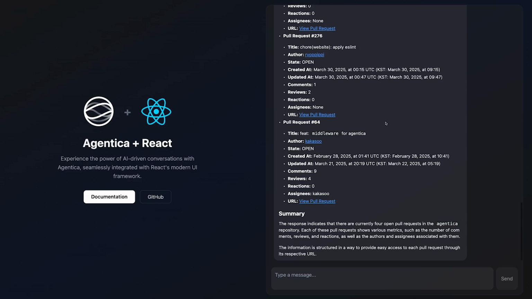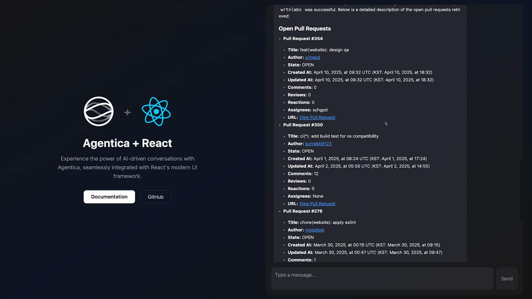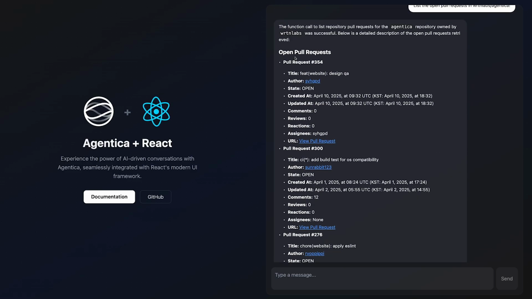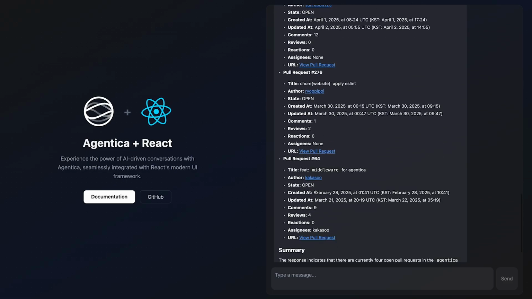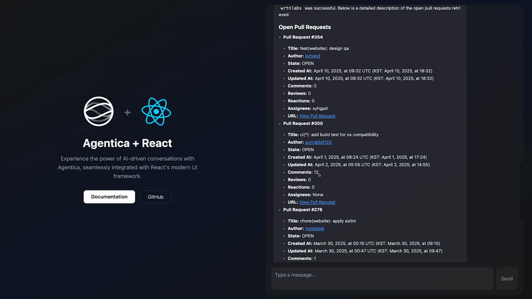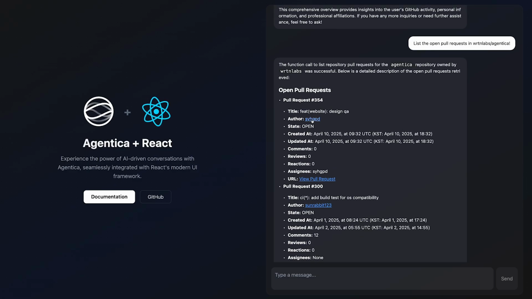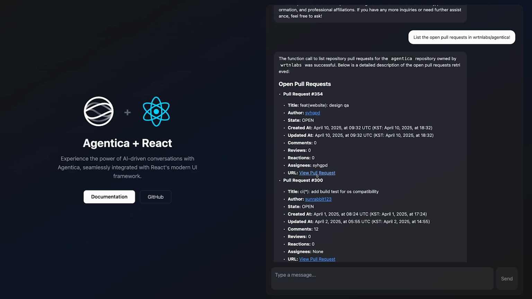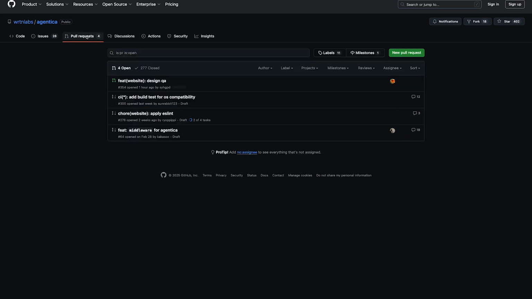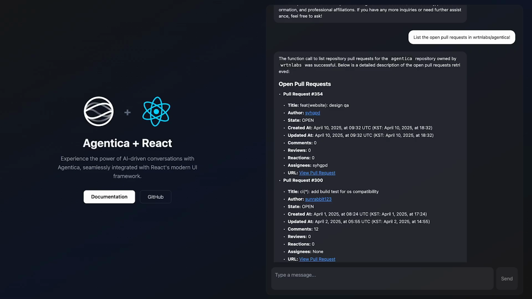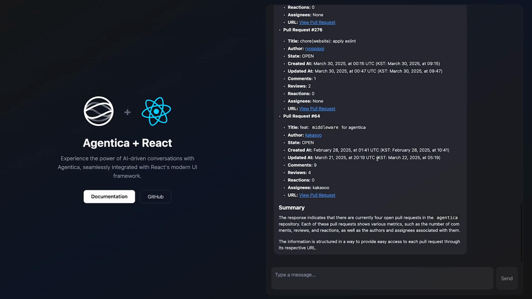All right, so we got the answer. So let's see, there are 1, 2, 3, 4 open pull requests, and let's go and find out. Let's just check the pull request link. And as you can see, there are 4 pull requests that are active right now. So I think the agent got the right answer. Great, very impressive.